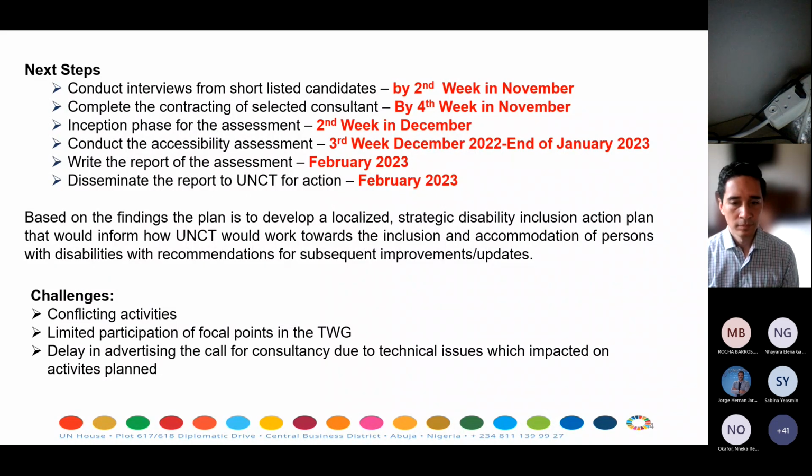So it closed without people applying, by just a day. So we had to extend the period for the adverts to run, and this also caused some delays, and even the delay in putting up the advert.